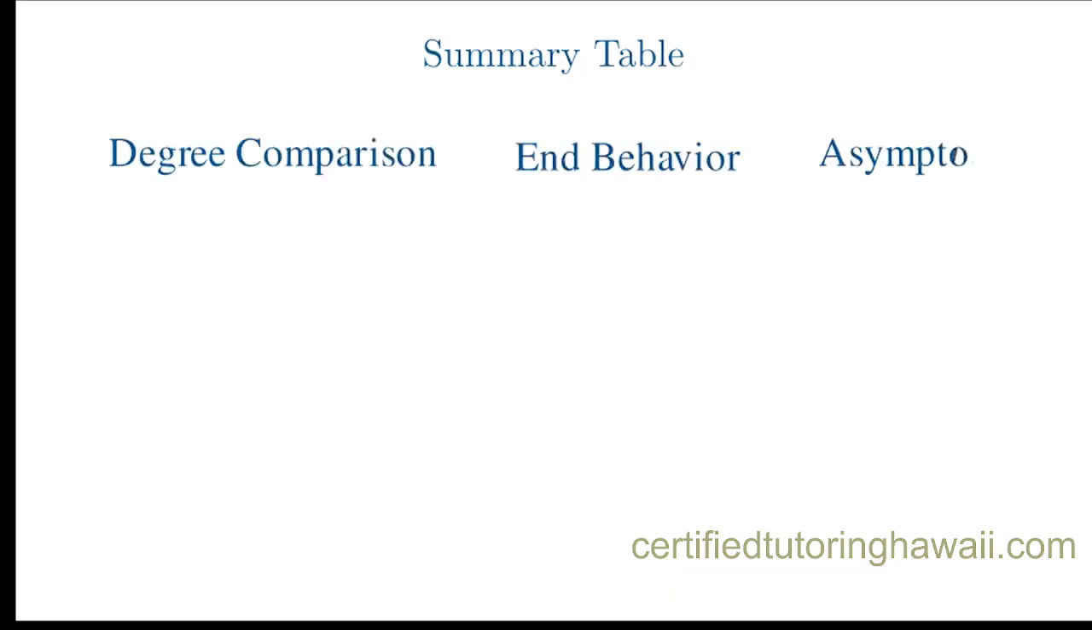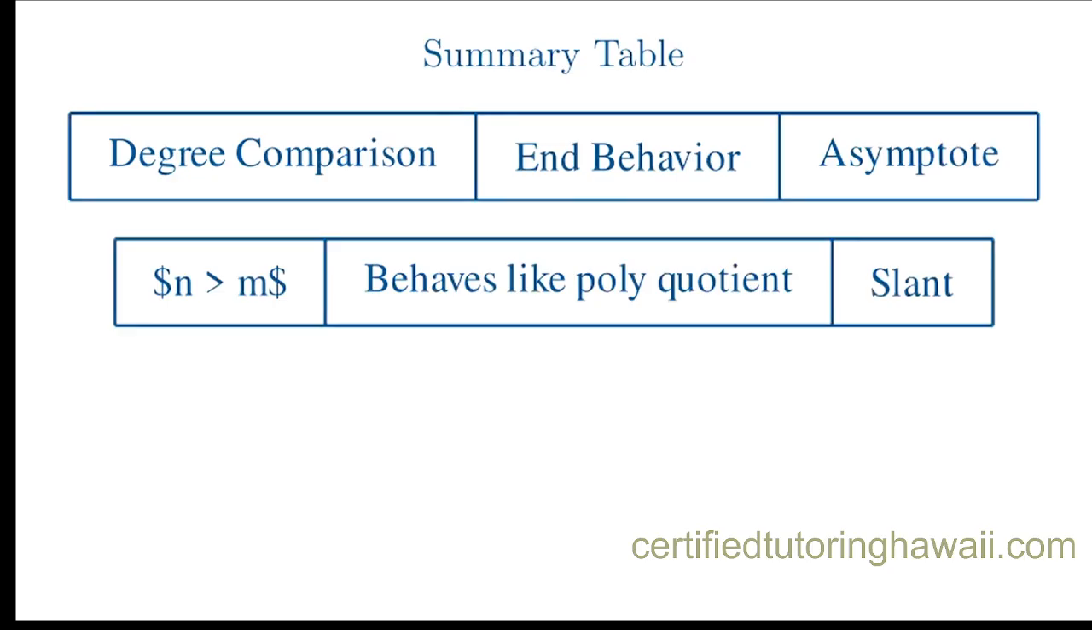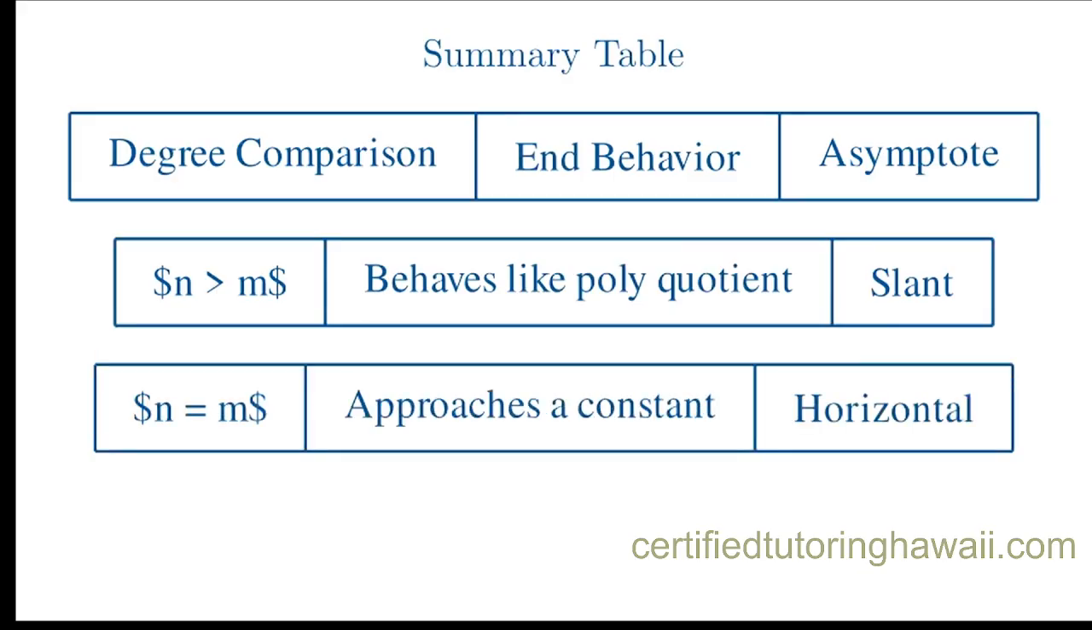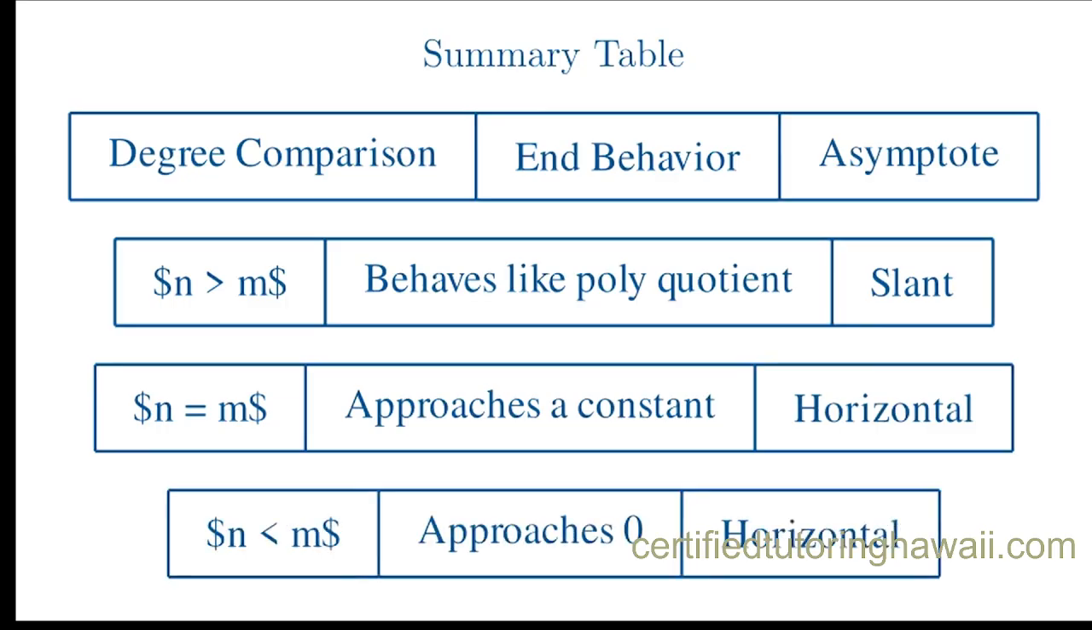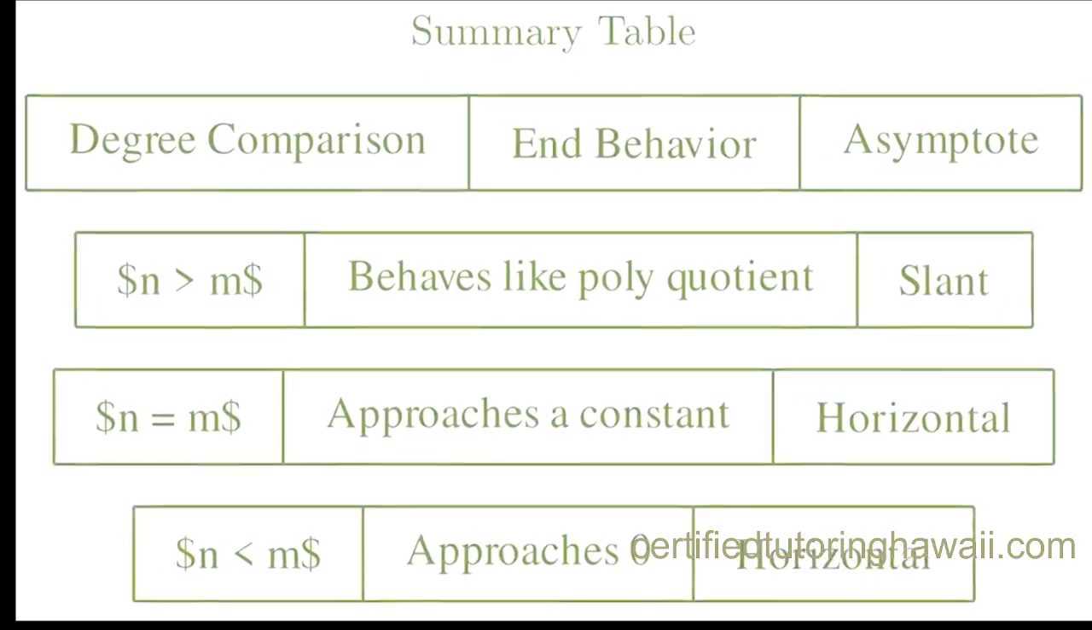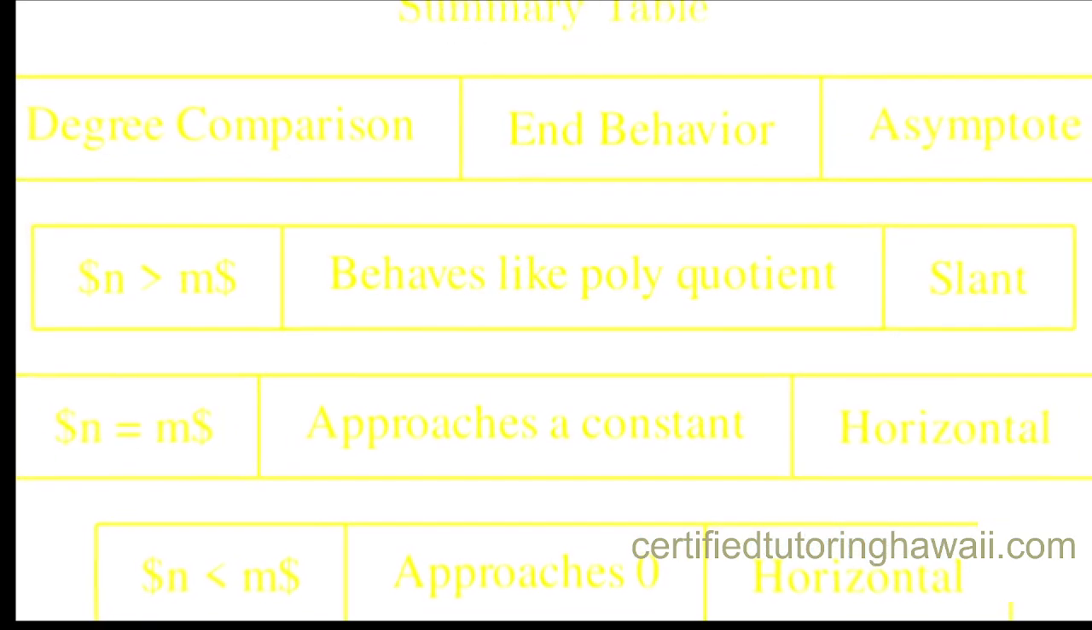Let's quickly summarize what we've learned in a table, just like the one in your notes. We can categorize all rational function end behaviors based on a simple comparison of degrees, n versus m. If n is greater than m, the function behaves like a polynomial quotient, which could be a slant asymptote. If n equals m, the function approaches a constant, and its asymptote is a horizontal line at y equals a sub n over b sub m. Finally, if n is less than m, the function approaches 0, and its asymptote is the x-axis, the line y equals 0. This table is an excellent tool for quickly determining the end behavior of any rational function without even